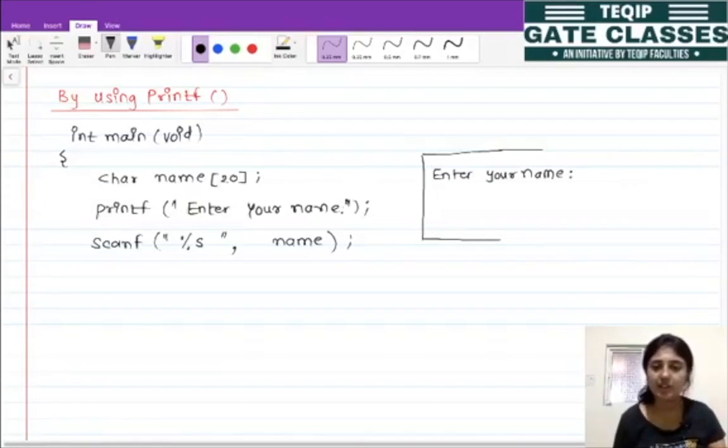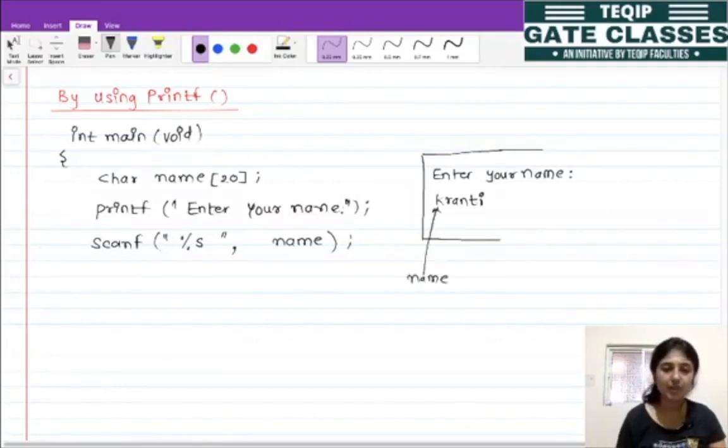And let's say the user has entered some name. Let's say the user has entered the name as Kranti, okay. So after this, it is saved inside this name array, and this name is going to point to this string. Now we want to print this string.